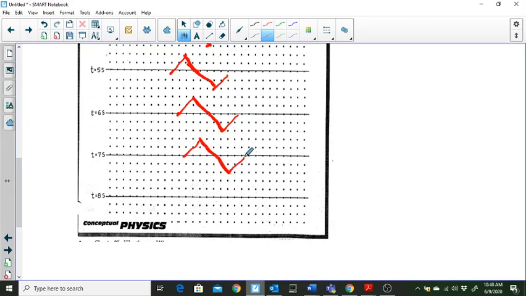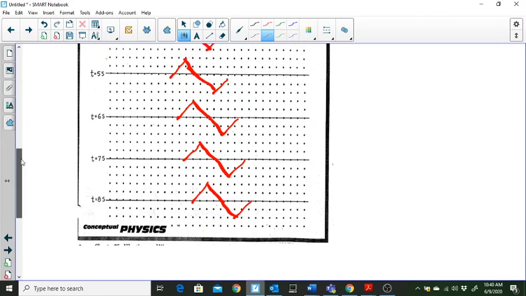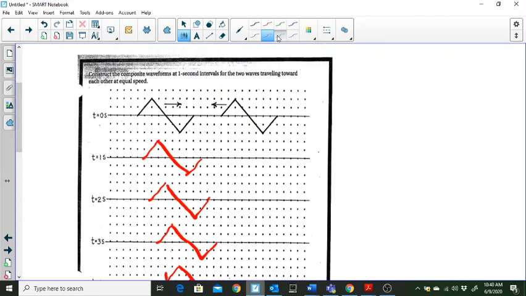I know I'm doing these different ways. The last one I was doing green wave, red wave, green wave, red wave, green wave. Here I'm doing all the red waves. And in some ways it really makes more sense just to do all of one wave and then come back, just because we're looking at the interaction between these. So here we're